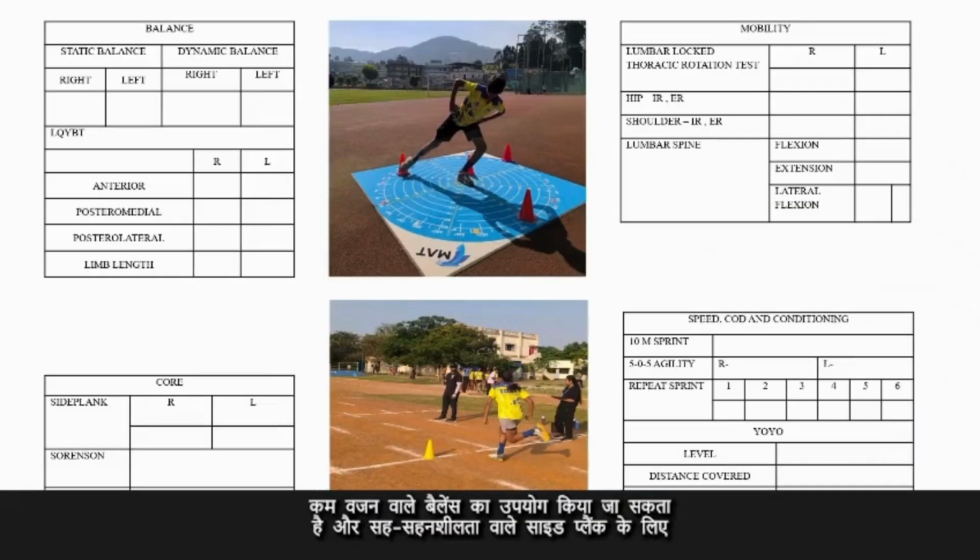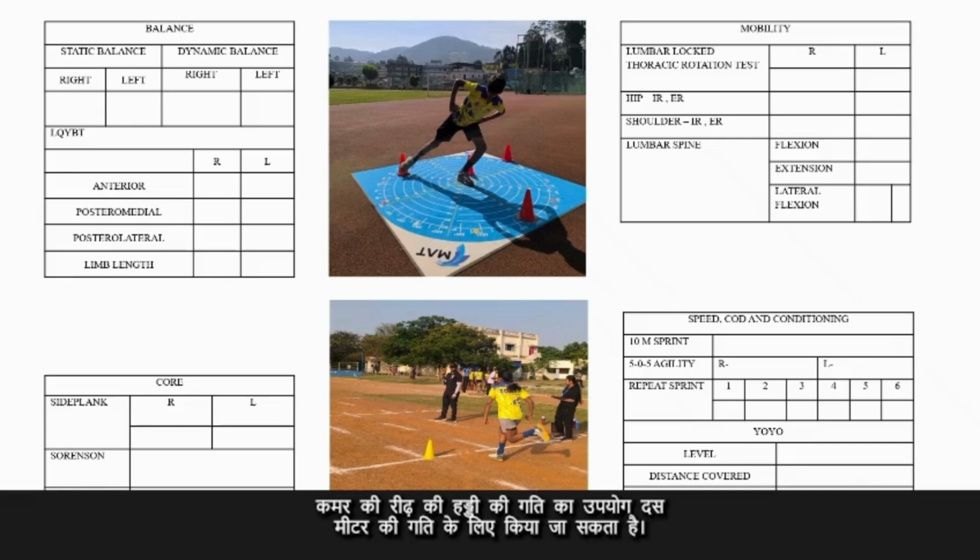For balance, a lower quarter Y-balance test can be used. And for core endurance, side plank, Sorensen, and sit-ups can be used for assessing the oblique endurance, back extensor, along with the flexor muscle endurance. For mobility, lumbar log thoracic rotation test, hip and shoulder internal and external rotation, lumbar spine range of motion can